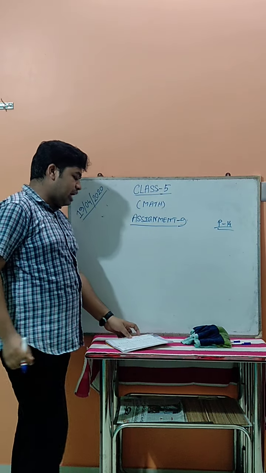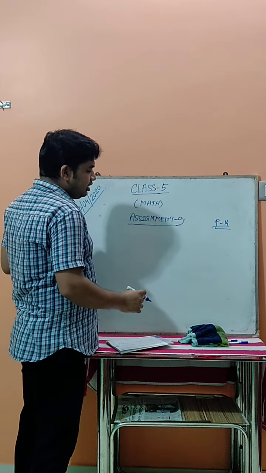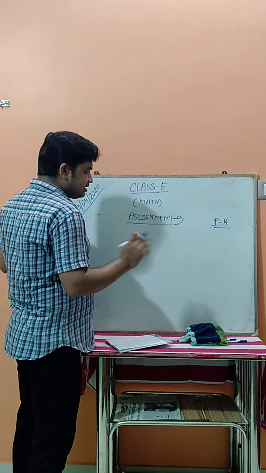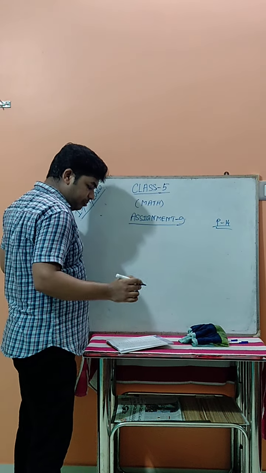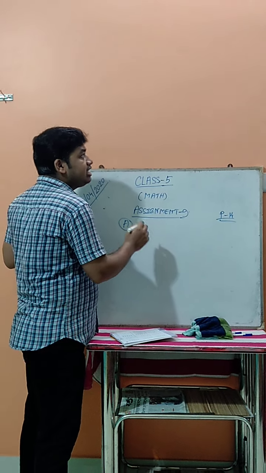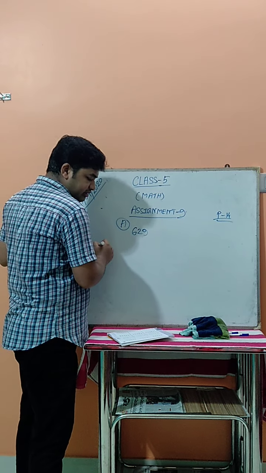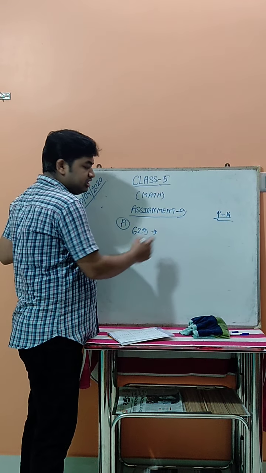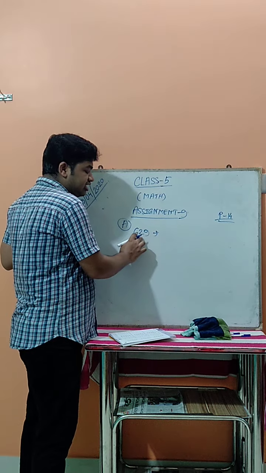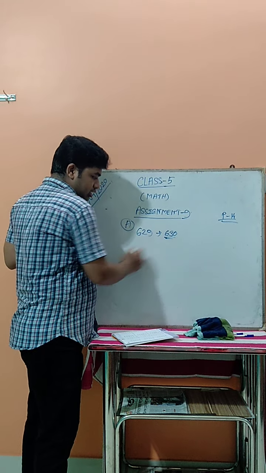See here is round off the number to the nearest 10. You have to round up the number to the nearest 10. So first you have to round up the number. First is number A. The number A you have to round up: 629 is given. So what is the round up number? This one is a 10. So which one is closer, 30 or 20? The 30 is closer. So 630 is the round up.